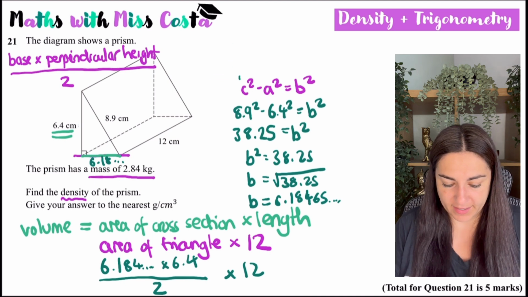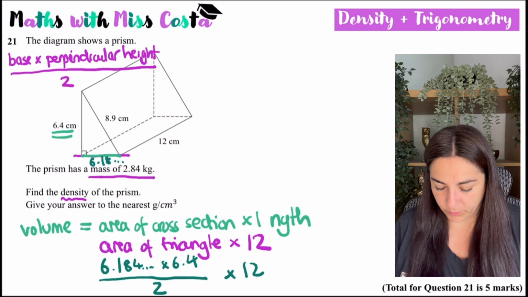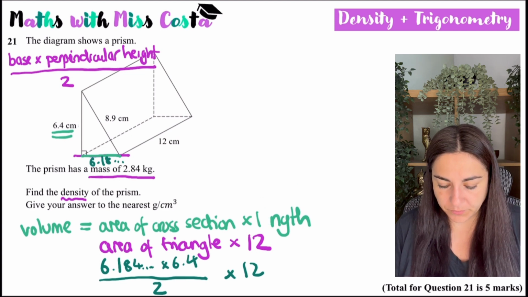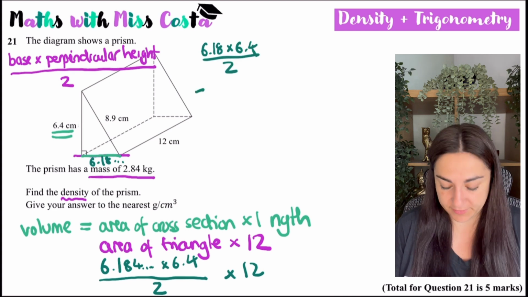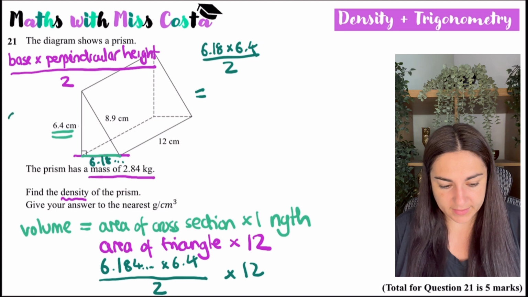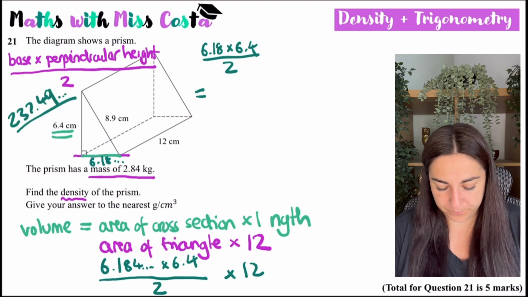So maybe we'll break that down into a few steps just so that we're all clear on what's happening. So area of the triangle, I'm going to do 6.18 times by 6.4 divided by 2, base times height divided by 2,